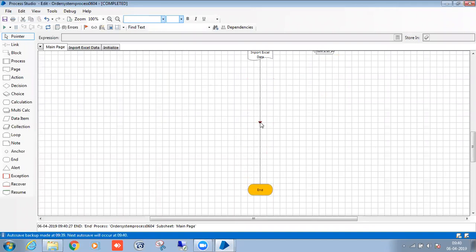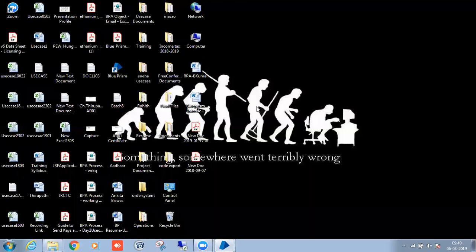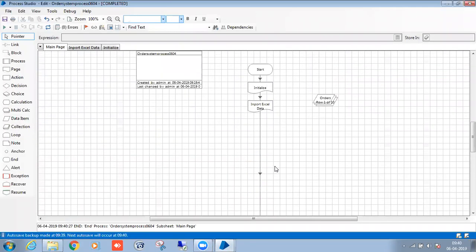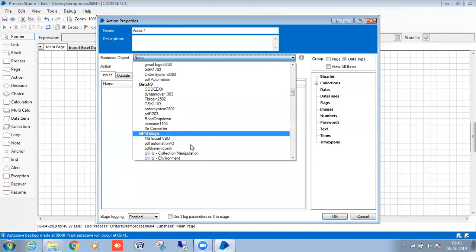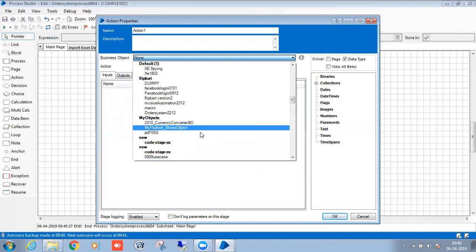Yes. So after that, what actions do you want to perform? I need to launch my application, right? For this action, we have already created the business object. So I need to call the business object now. Batch 10.